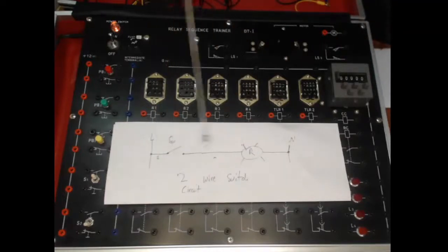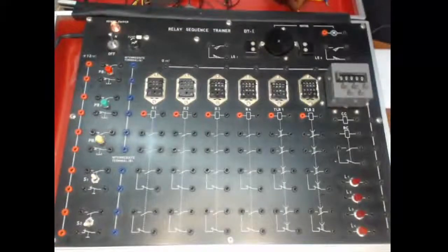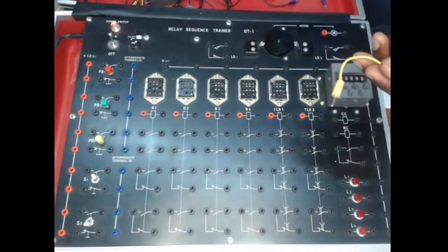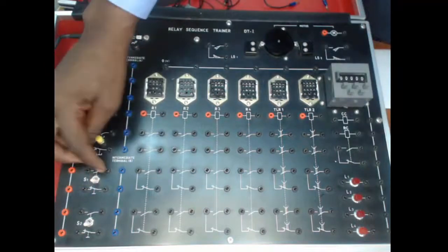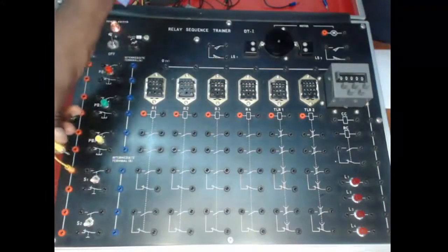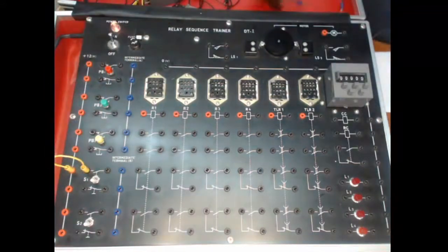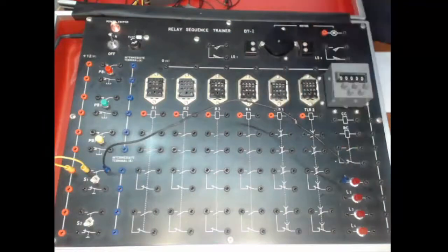So to wire this two-wire circuit, from the live we go to the switch, and from the switch we go to the light, and from the light we go to the neutral, and then we see if we push the switch whether the light is going to come on. To demonstrate that, I've got these connectors that I'm going to use, and these connectors are simply going to be plugged in. So I'm going to pick switch 1 here on the normally open side of the switch, and from there connect to one of the indicator lights,